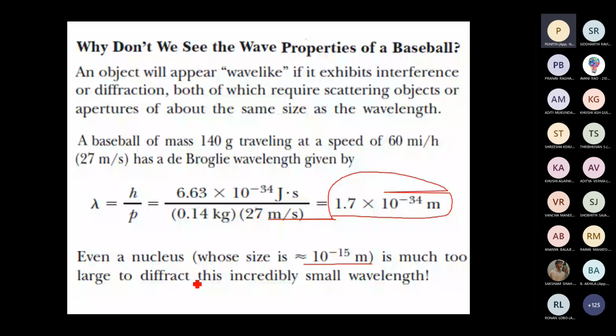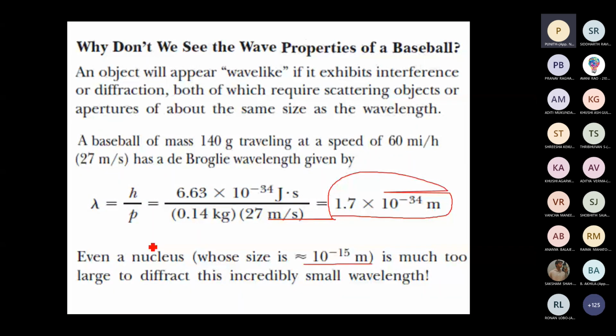So that is why we don't see the wave properties of a baseball, but like de Broglie mentioned, it does exhibit wave nature, and its wavelength can be estimated using the equation postulated by him. There are a lot of things we can't experimentally verify. This is how things were in the earlier stages. Then a couple of experiments, done by a few scientists, proved that his hypothesis was true and verifiable.